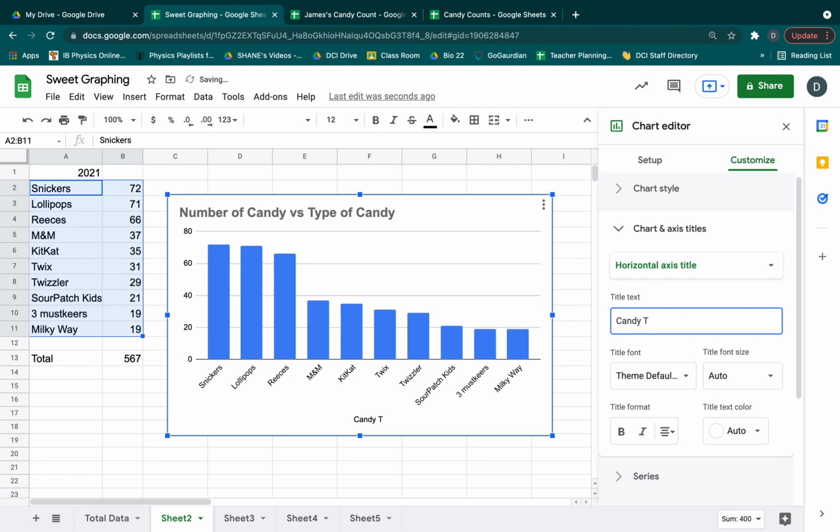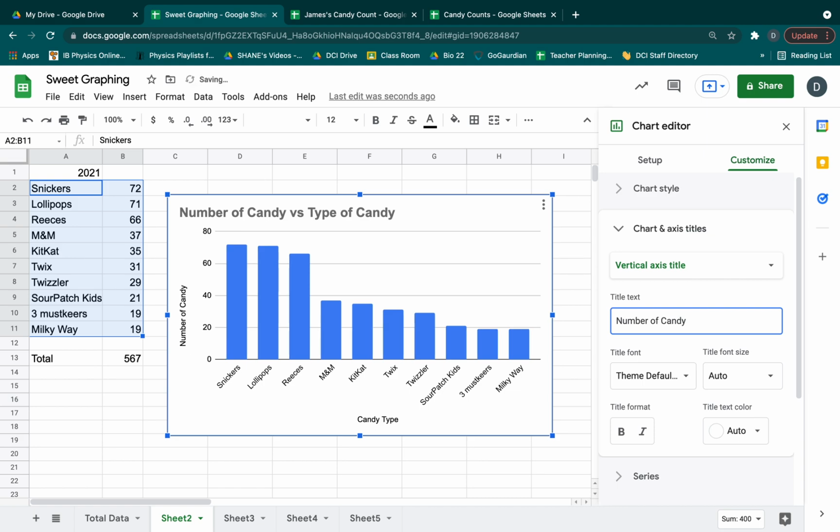I can continue to try and spell that word correctly. Candy type, boom, there it is. Okay, and I can do the same thing for my vertical axis. Number of candy. If this was more, I'll say, scientific data, we might need to put units on here,